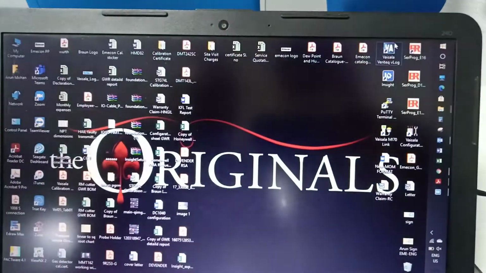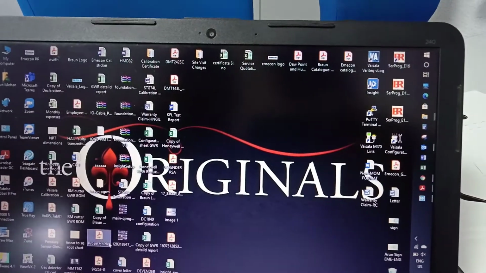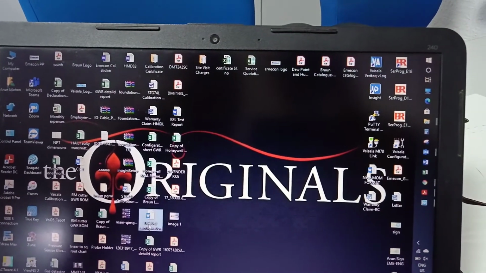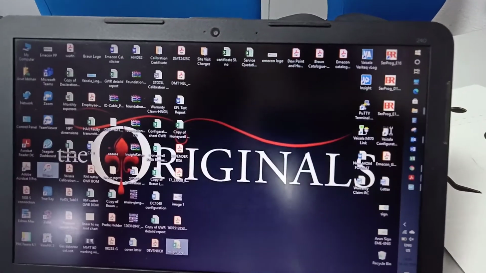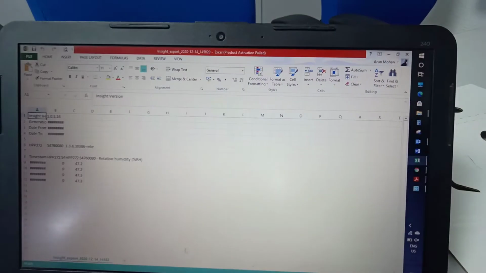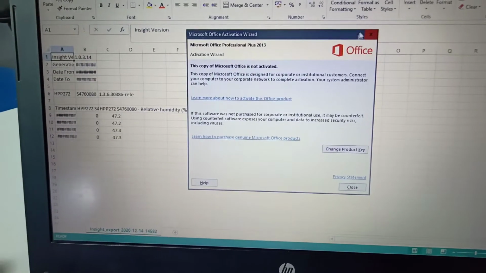So I will show you the Excel file format. This is the format. So you get the real-time readings, the chart of real-time readings.